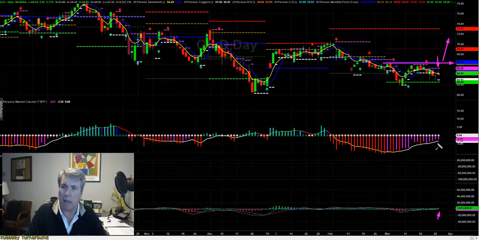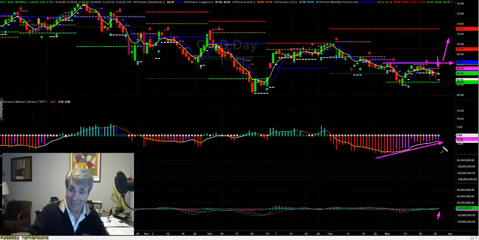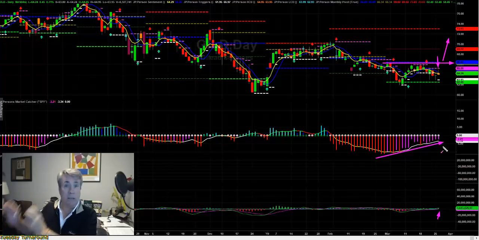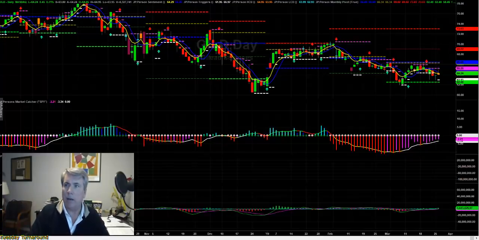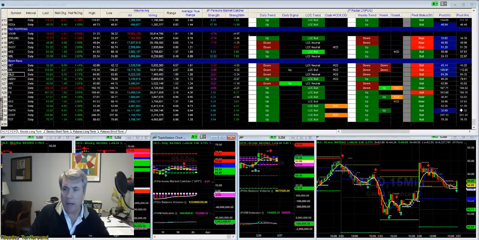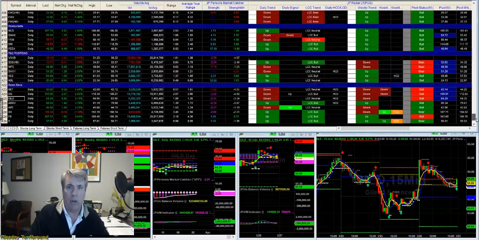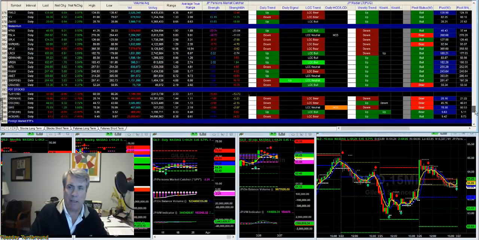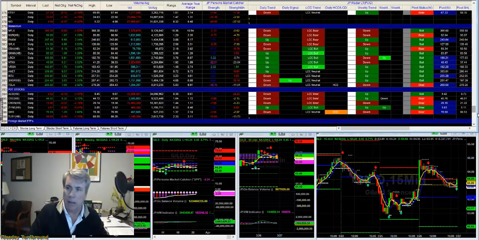We want to watch for our volume indicator, but relative strength is improving right now, despite the fact this is weird. The relative strength is improving when the S&Ps are moving up. So that's a good warning signal to look for Gilead for an upside breakout. So I'm looking for fresh new buy signals, and that's what the radar screen here allows us to do,